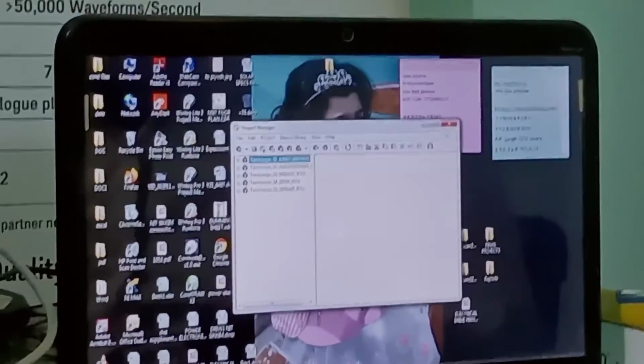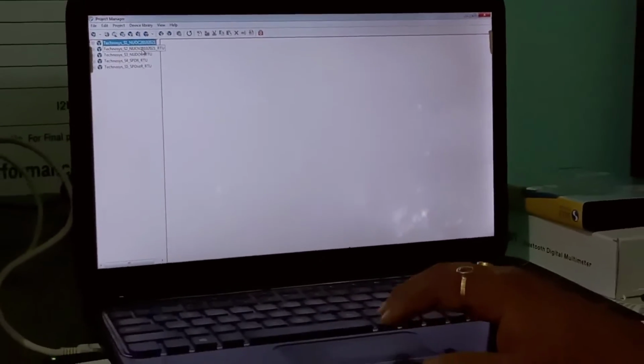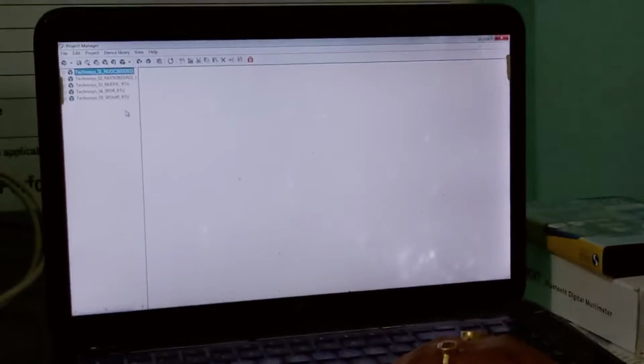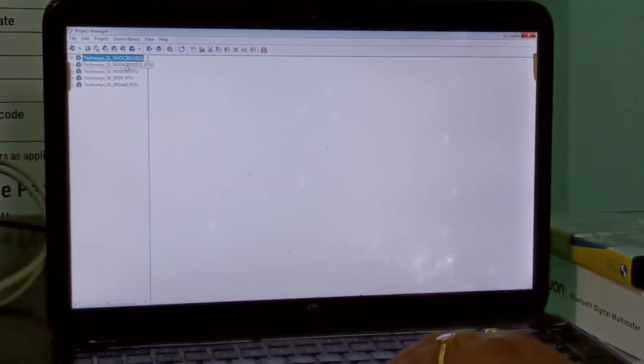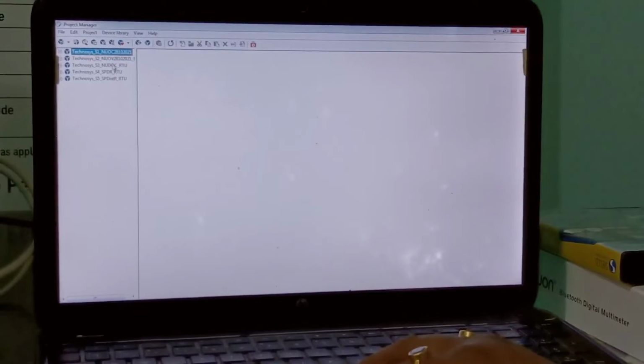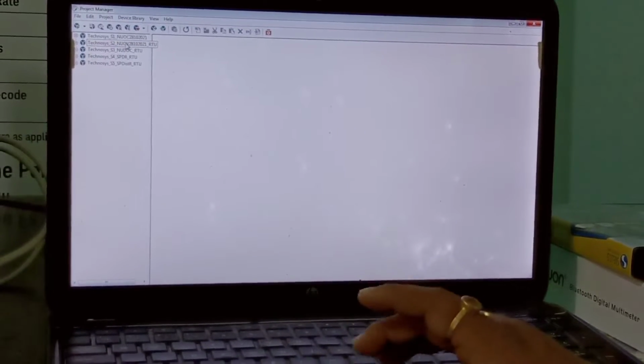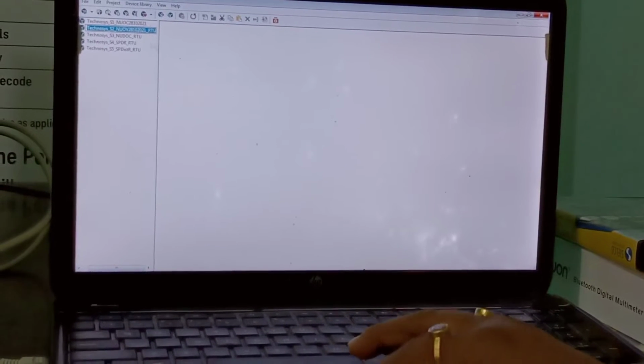This is the Project Manager for Winlock 3, and we will initiate our software for NUOV. Each software has a model number, so I have selected NUOV.